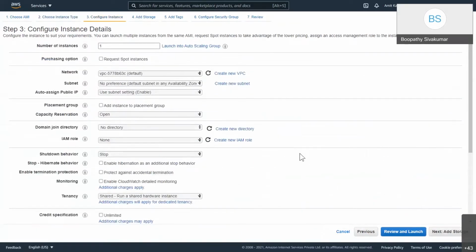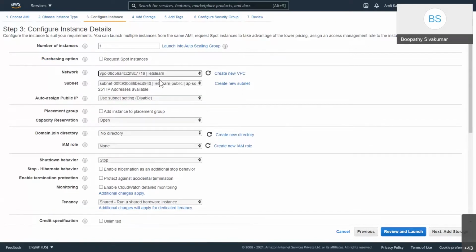This is where we need to configure our instance placement, where you need to add the instance. We created a VPC during our last class, right? If you click on the network, it will list all the VPCs. Click on the one we created, and it will list all the subnets that we created on that day.